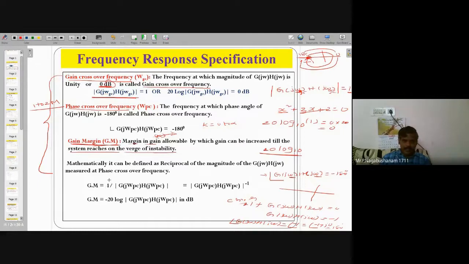Gain margin is 1 by the magnitude of G of j omega, H of j omega at omega equal to omega pc. Mathematically it can be defined as the reciprocal of the magnitude of G of j omega, H of j omega measured at the phase crossover frequency, omega pc. Gain margin equals reciprocal, meaning inverse: 1 by magnitude of G of j omega, H of j omega at omega equal to omega pc. Let us assume, because it is in terms of value. Then in exam they will